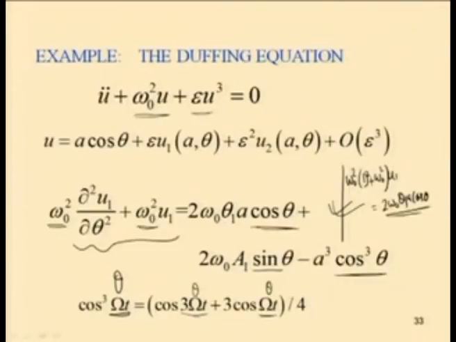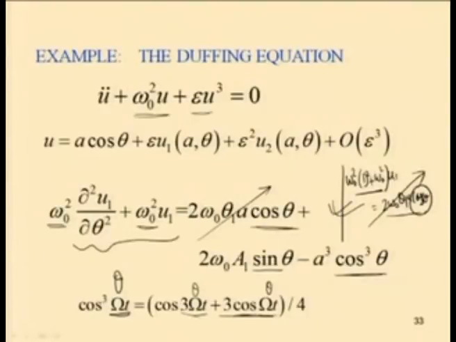If you take only this term, due to the presence of this theta, theta equal to omega t, that is omega 0 t. So, as theta contains omega 0 t, this will be a secular term, as we can see by substituting omega 0 here. So, d square will be equal to minus omega square. So, this term will lead to infinity. So, this will be a secular term. Similarly, this will be a secular term, and for cos cube theta we have substituted this term, that is 3 cos theta, so that will also be a secular term.